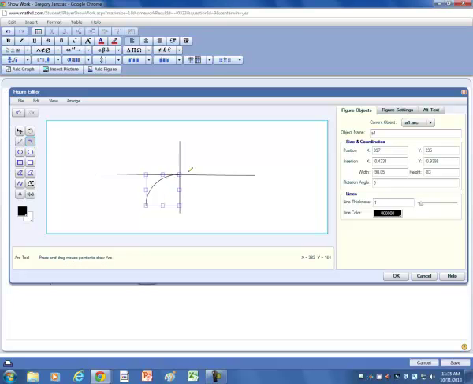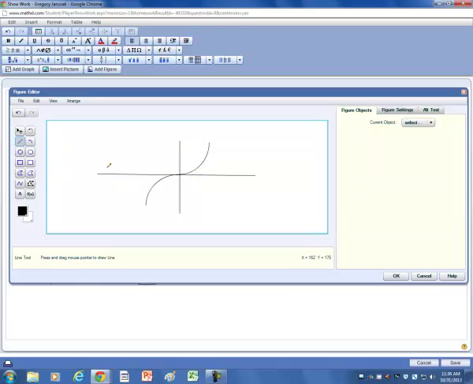Okay, now I want to come up. So I just click that, copy, and then click it again, paste, and then click it up and over, and there we go, we have tangent. And so now we need our asymptotes. So we're going to click the line,